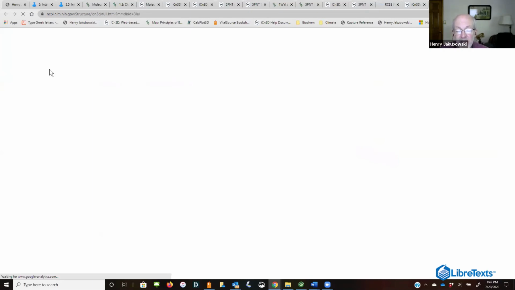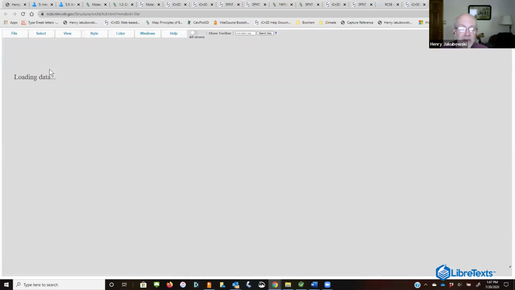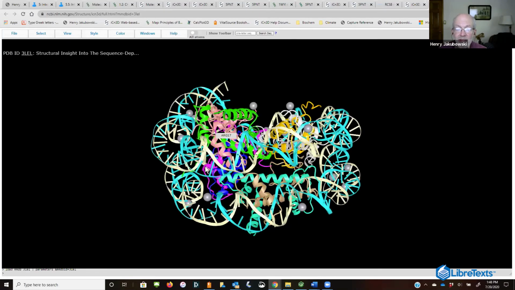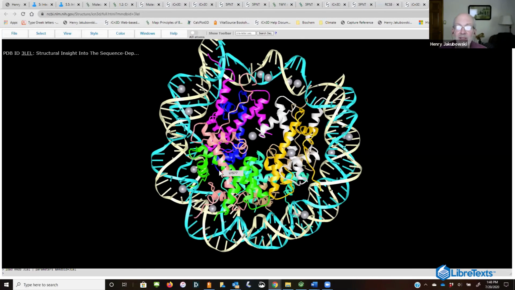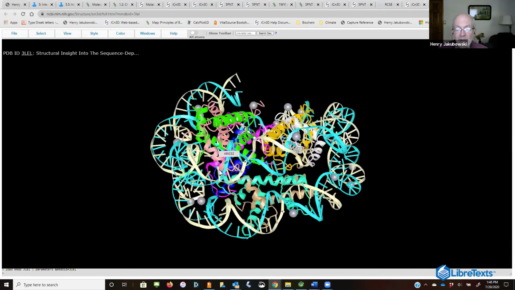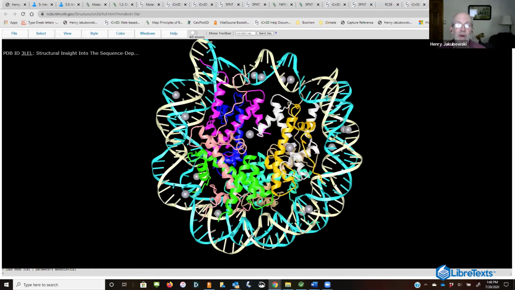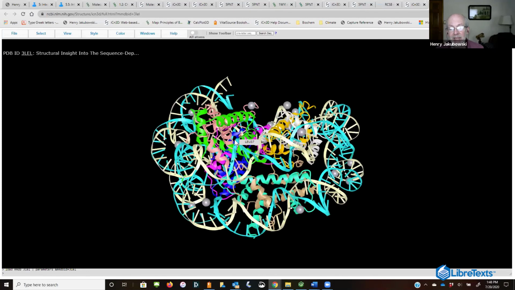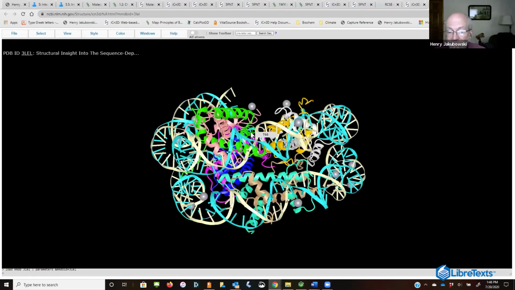And this is especially good theoretically for big structures, but it does take a while. Sometimes you put the stuff on the page. I mean, it's really pretty gorgeous. Like this coloring could use some fixing, but really, and if you want to load a whole virus or a ribosome, it's easy to do that too. It takes longer to load it on the LibreText page, the more things you have in it,